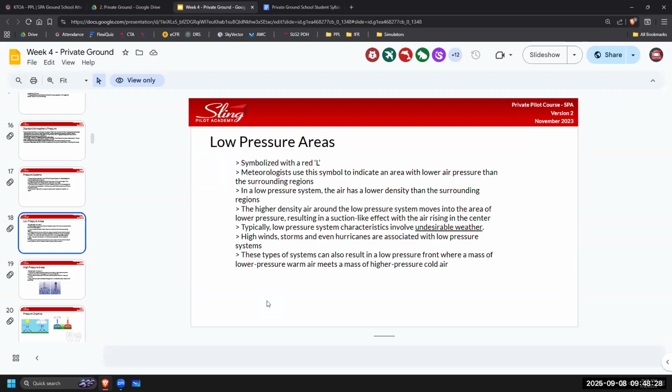It's all about the low pressure system having lower density than the surrounding air, and it's sucking in and upward, right? The air is moving counterclockwise and in and upward. So it's creating that vertical motion that's associated with bad weather. And it's pulling in the surrounding higher density areas into the lower pressure system, like creating a suction effect, which rises in the middle.